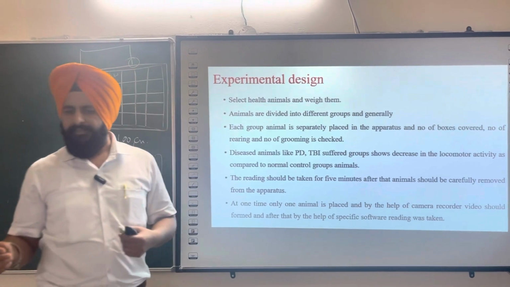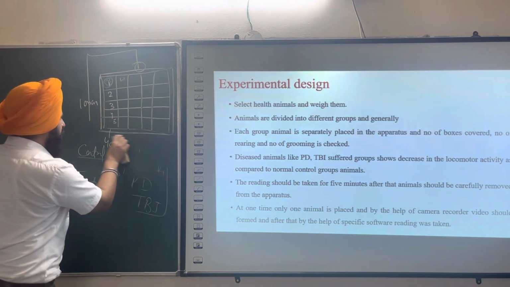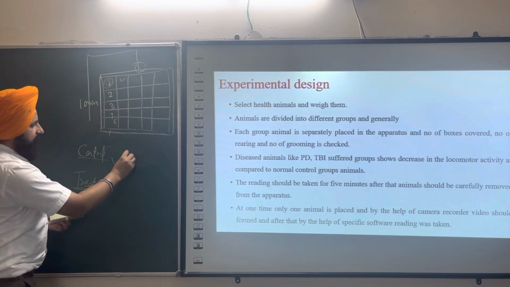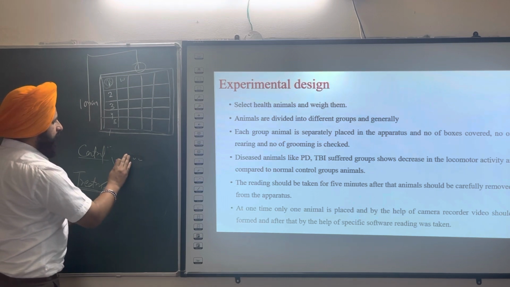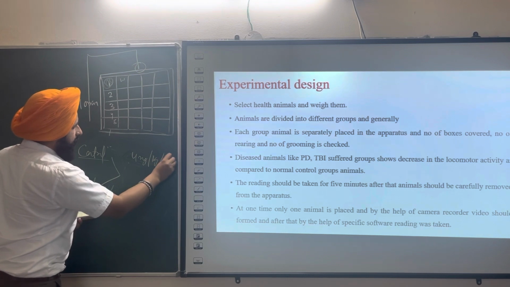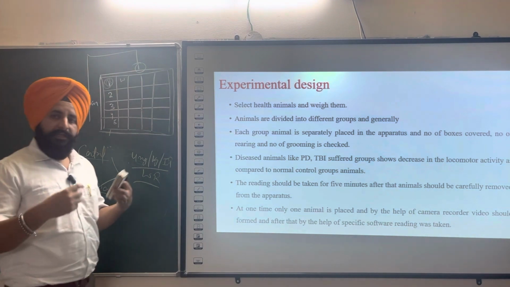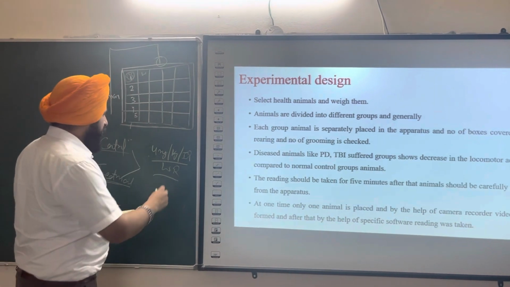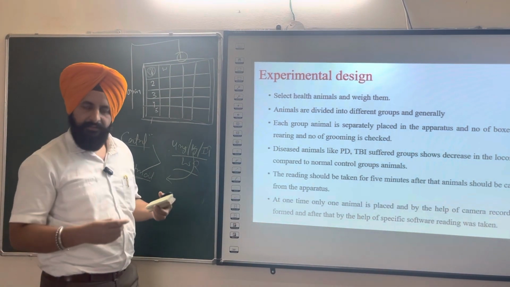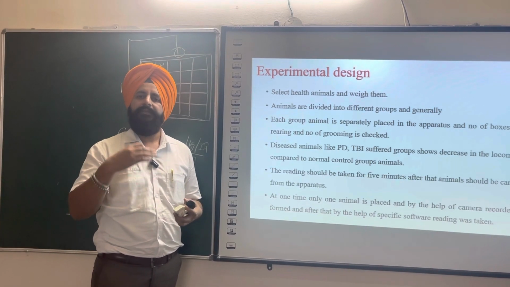I will give you an example of which drug effect you can analyze. Suppose you want to check the effect of diazepam, and you give diazepam at 4 mg per kg intraperitoneal to the Wistar rat, or you are giving it to mice. So the drug selection will be if you want to check the anti-anxiety or locomotor activity of any drug. Suppose any drug reduces the level of anxiety, the locomotor activity will be increased.